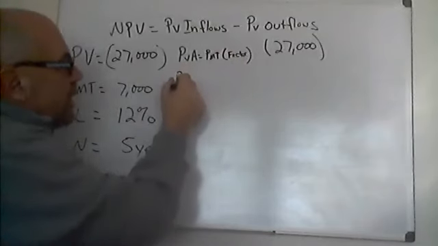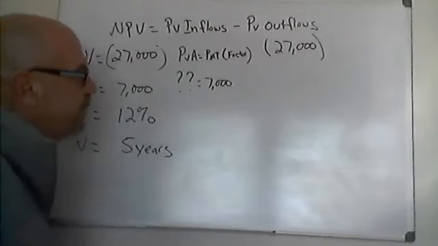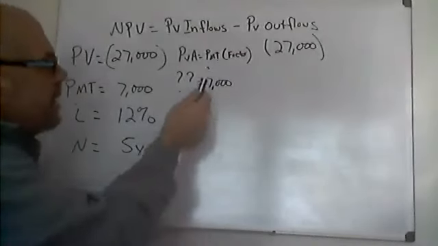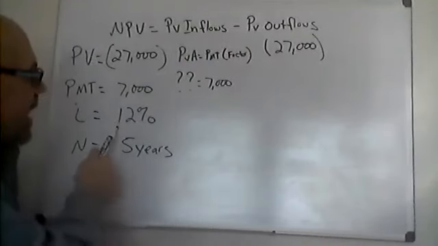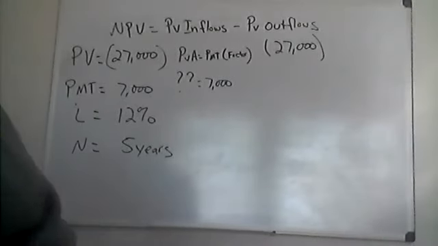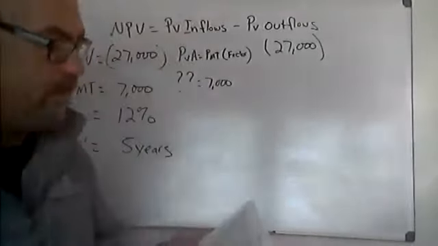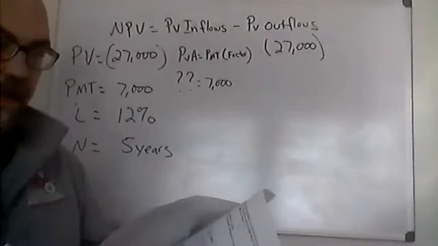Our present value is what we don't know. Our payment was $7,000. Our factor, we base off the interest and the period, so we have an I of 12 and N of 5. You go to your present value of an annuity table, which is this one right here, and you look at 12% in 5 years and see where they match up,